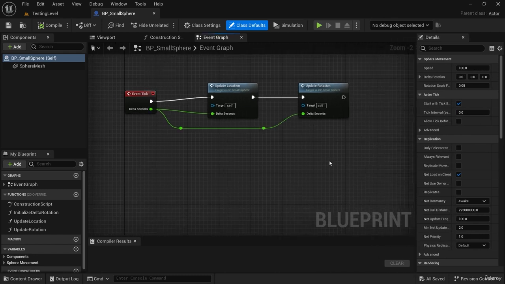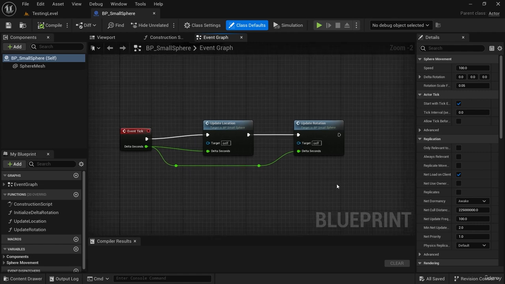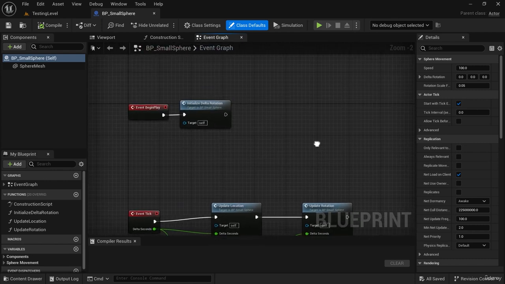Now, we've already learned about interpolation, and that is one possibility. We could interpolate its size down to 0 after a certain amount of time. But what I'd rather do is use a new concept called a timeline. Let's see how the timeline works. Let's say that our sphere is supposed to wink out of existence or simply shrink down to 0 after a